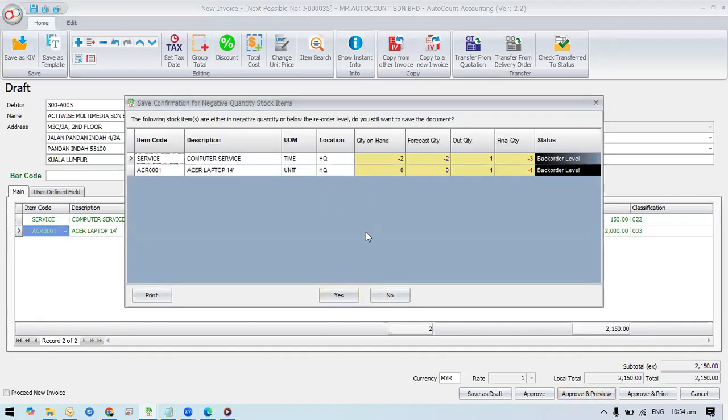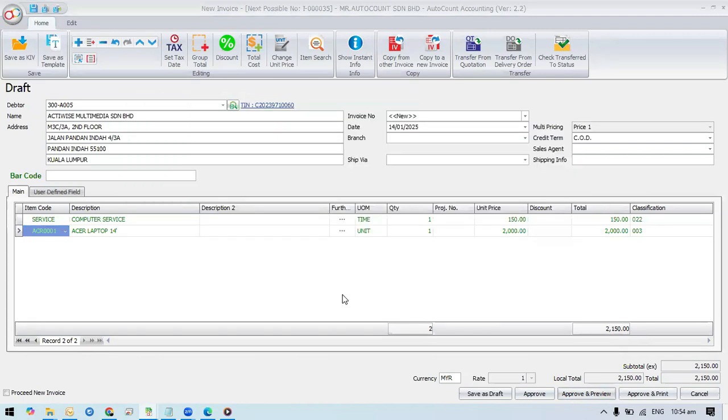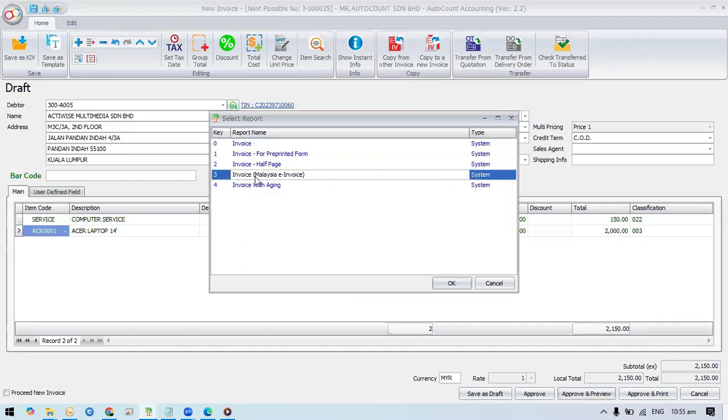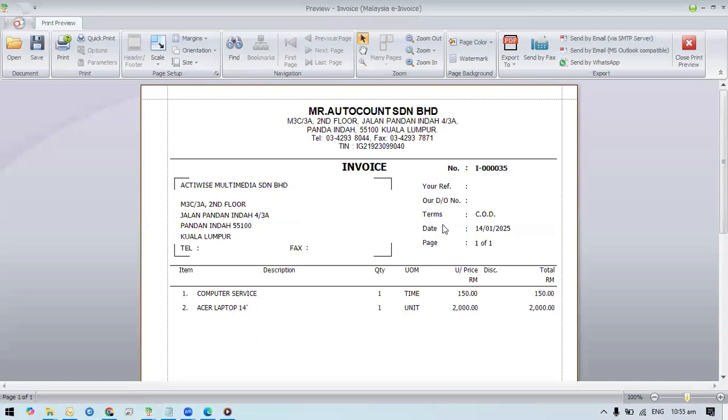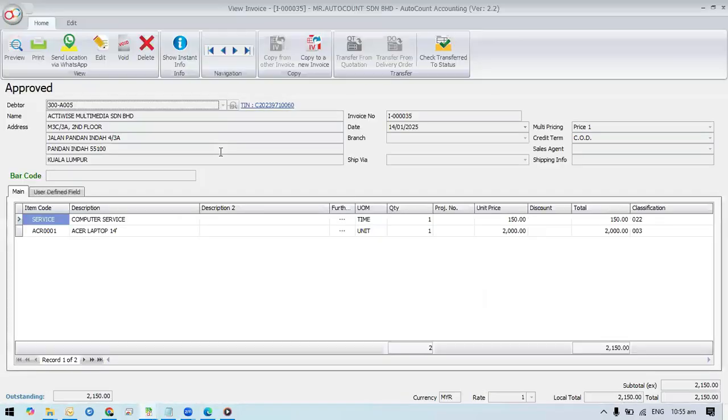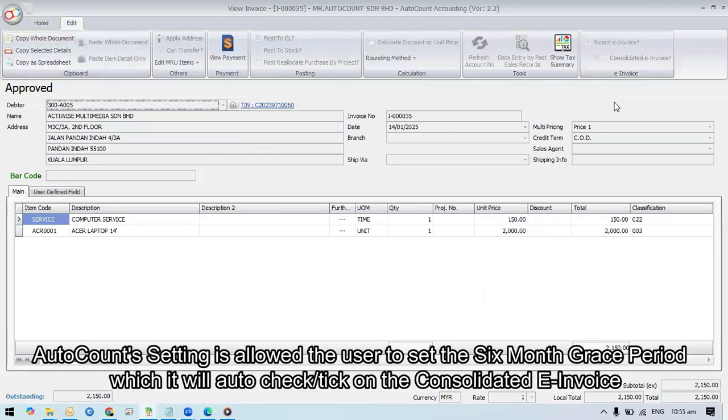They inform me I do not have enough stock. I will just proceed. So this is a consolidated e-invoice. Let me check. Double click to edit the invoice. Click the edit button and make sure that this consolidated e-invoice is ticked. So this is the invoice number